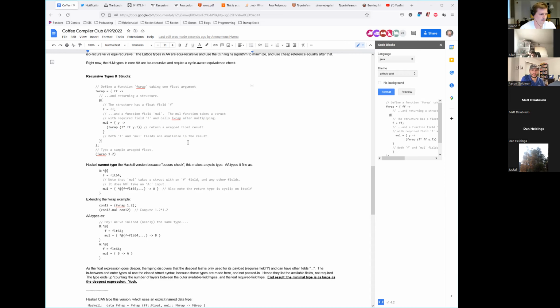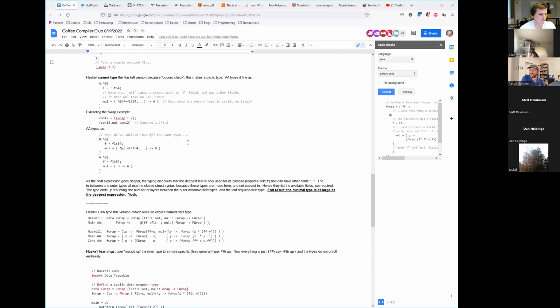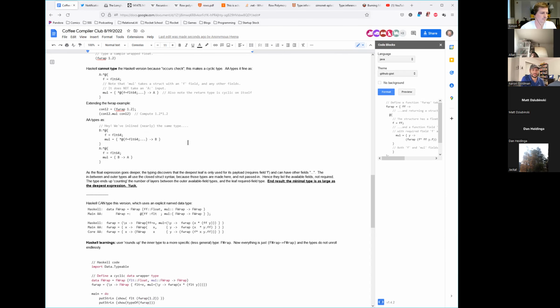Yeah, well, this is just a consequence, I think, of the fact that FWrap is generic, right? Yeah. And so depending on its use, the layout of the functions that it offers may be different. Right. So